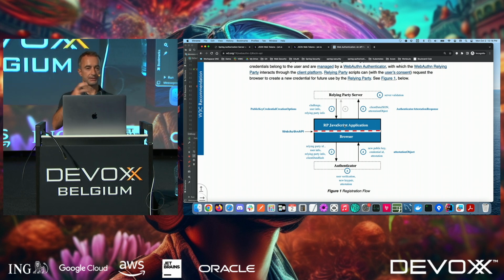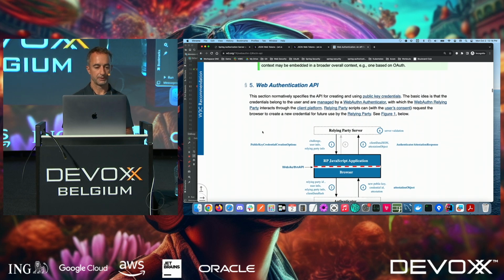Because the messages, ultimately the server creates these messages that are ultimately fed into the authenticator. So I want to register my device. I'm going to call the relying party server, or the Spring Security abstraction and the backing implementations, to create this JSON message that conforms to the specification, that ultimately conforms to